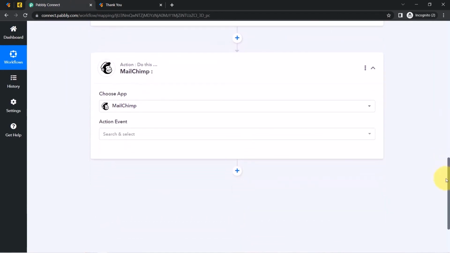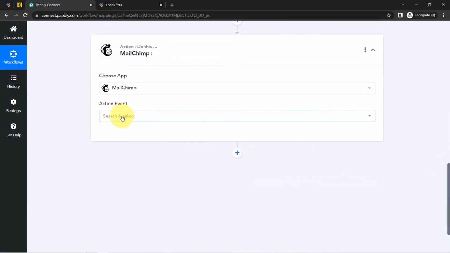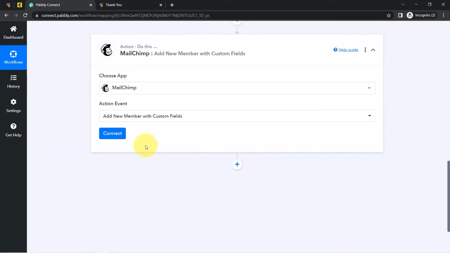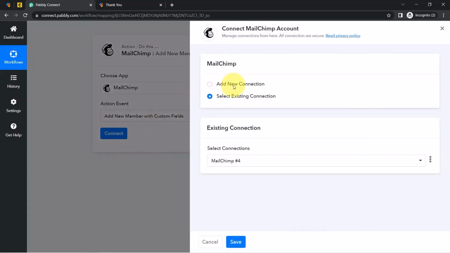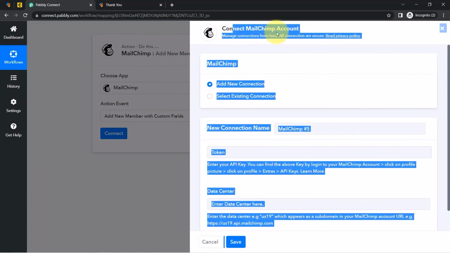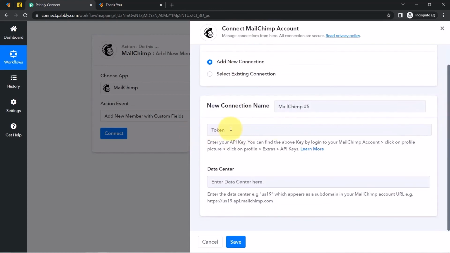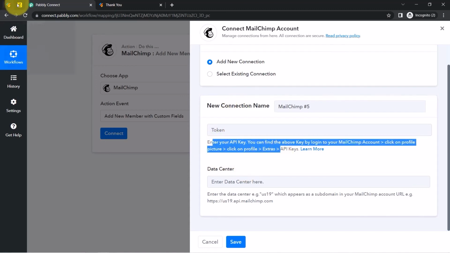Now I am going to send the same data into Mailchimp, and I am going to create a contact. In order to create a contact, I'll have to select this add new member action event with custom fields. So I have selected the same, and just like we built the connection between Jotform and Pabbly Connect, now I am going to build the connection between Mailchimp and Pabbly Connect. For the connection, it is asking me the token and the data center. So from where you can get this token, you'll have to read these instructions,